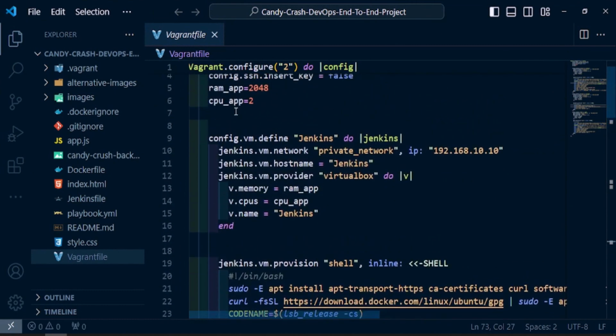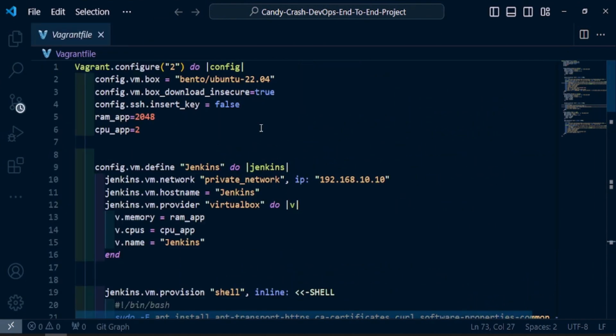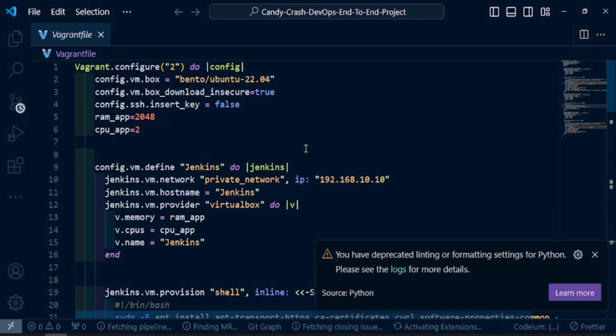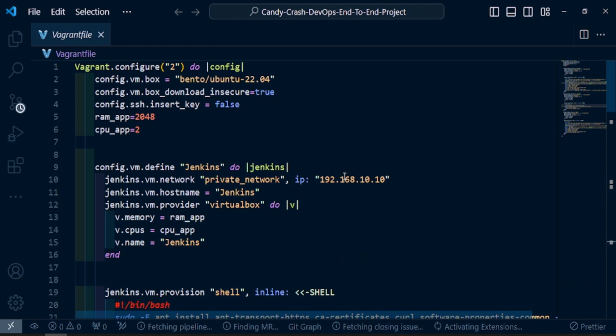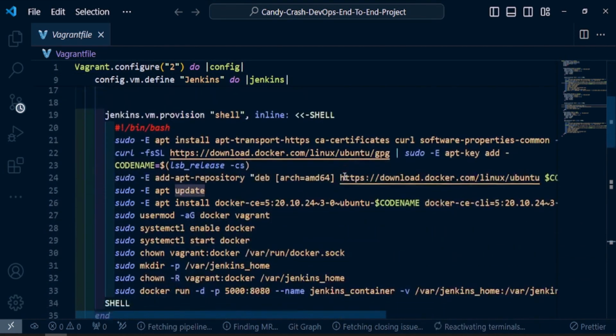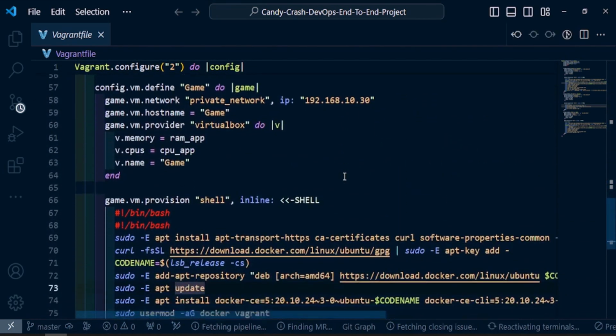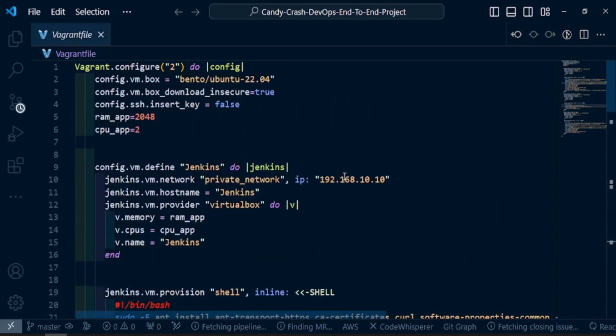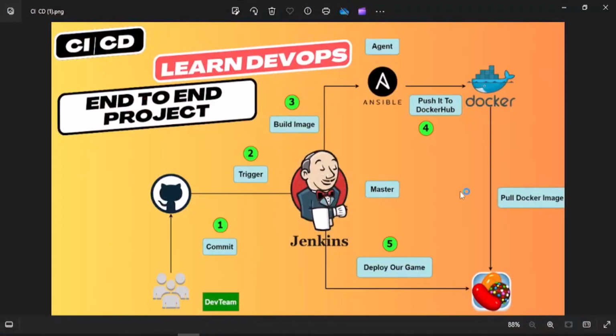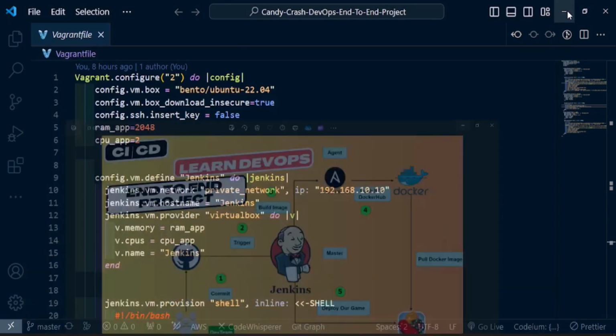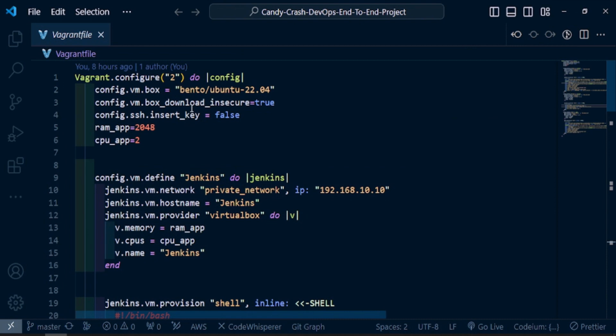As you can see, we use the Vagrantfile to configure our VMs and to install many tools on them. So it's really helpful to deploy multiple VMs automatically and quickly. As we have mentioned before, we will use three VMs: the first one for the Jenkins master, the second one for Ansible, and the third one for the production environment. We will use Ubuntu